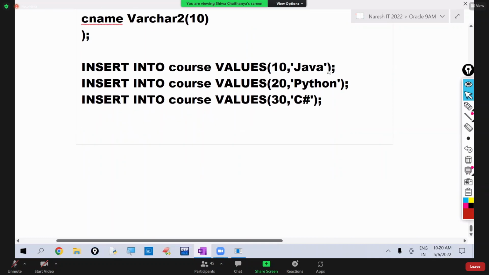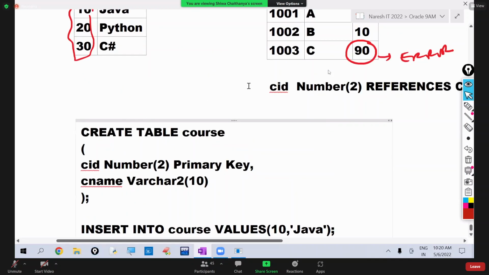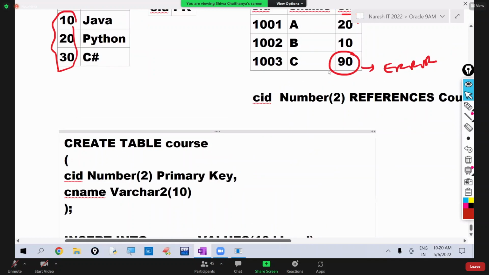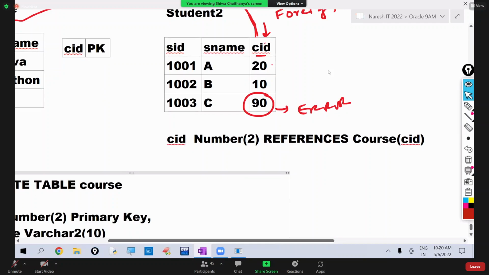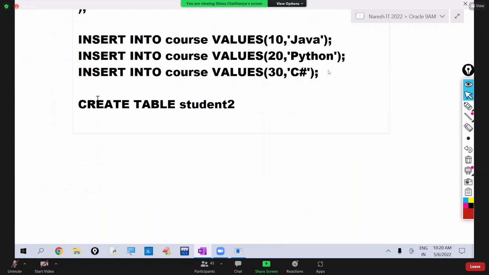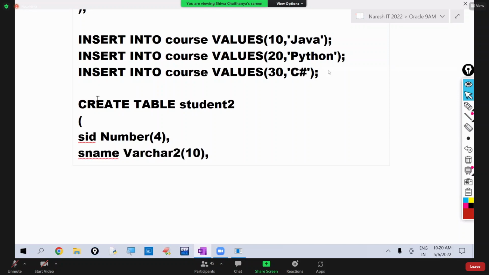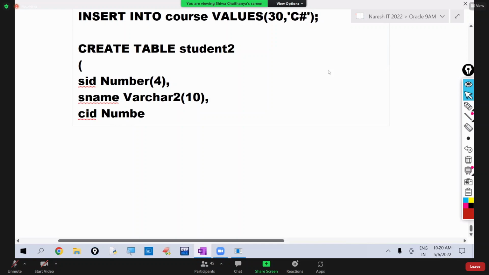We want to create one more table. What is that one? Student2 table. Okay, in this we want to set this CID as a foreign key. SID, SNAME, CID, 3 columns we want. So what do we write here? Create table. What is the table name? Student2. Okay, what is the first field? SID, number type, comma, SNAME, varchar2 type, comma. Okay, third field is what? CID,